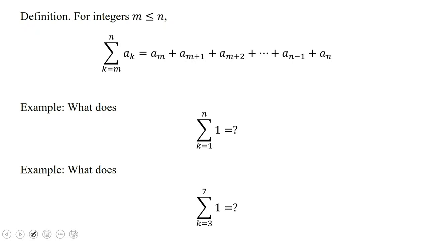The Greek letter sigma stands for summation here, and k is referred to as an index on the sequence of terms, a_k, and this is what we mean by summing the terms from the first term up through the nth term. But it takes a little bit of doing to figure out exactly how to interpret these things and what it means. So, for example, here we have